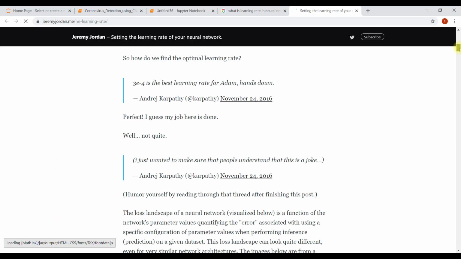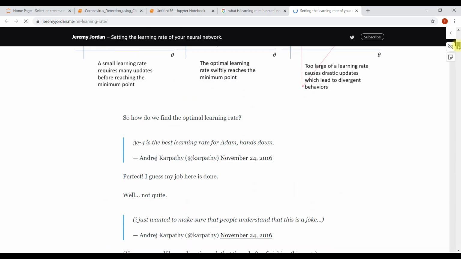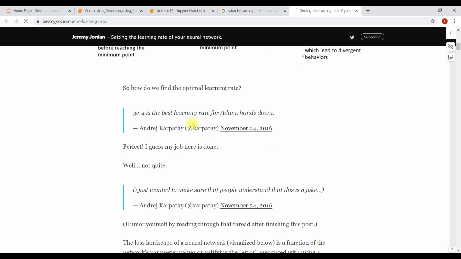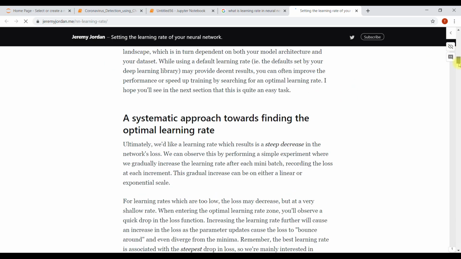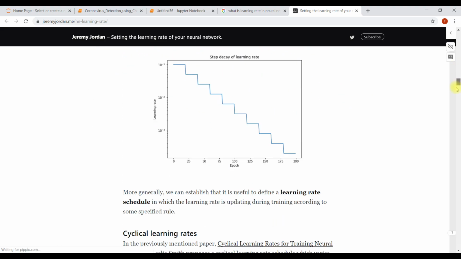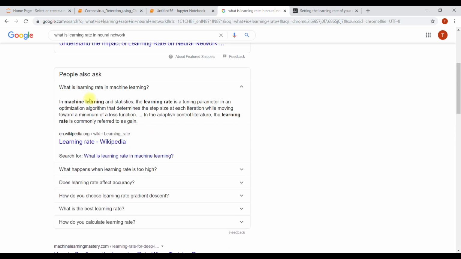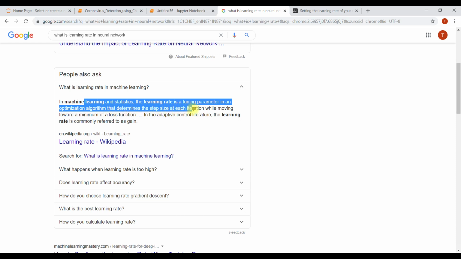Actually, learning rate is basically how fast or slow your model learns. I hope you can understand as a beginner. 3E minus 4 is the best learning rate for Adam. Many articles you will find use a different learning rate approach. In machine learning, the learning rate is a tuning parameter in an optimization algorithm that determines the step size at each iteration while moving toward a minimum of a loss function.